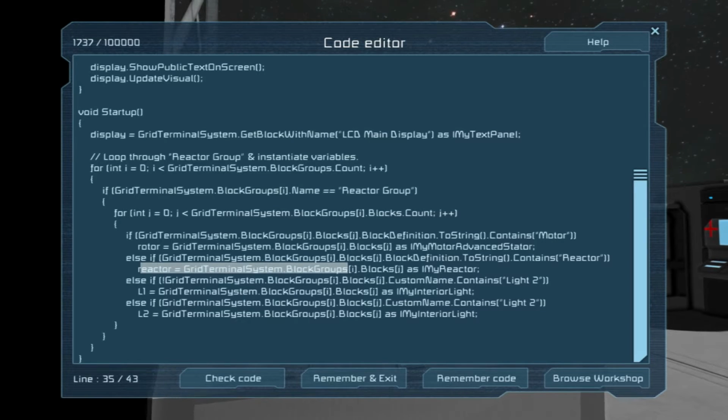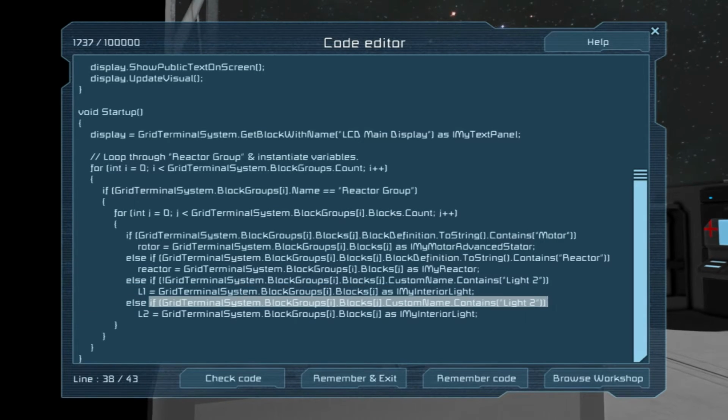Now this one's a little tricky. Both the lights are considered a light. So unless you want to have a permanent name, you have to work with it. So what I ended up doing was L1, if it doesn't contain light 2, but it's not one of these two, it's the first light, which is what we did there.